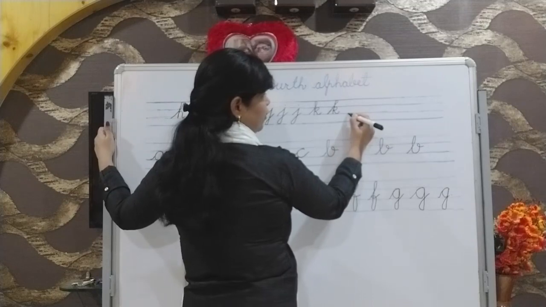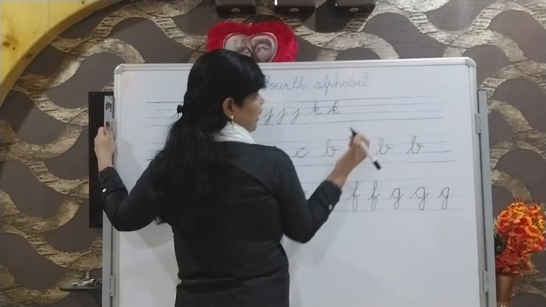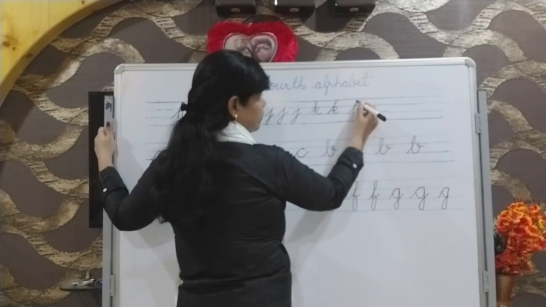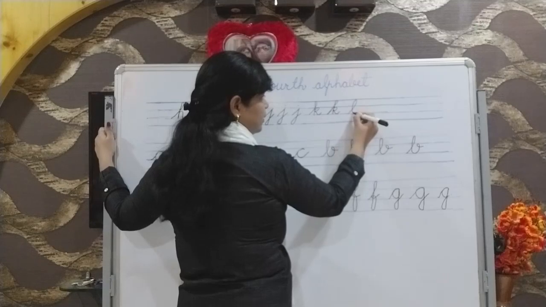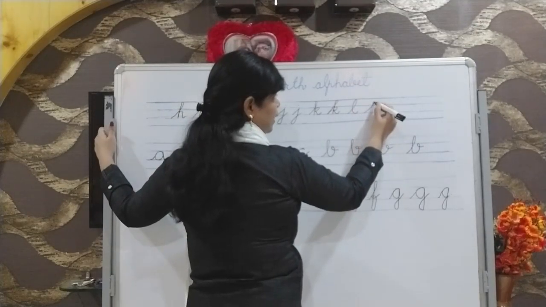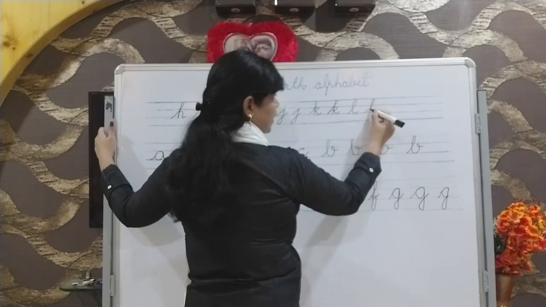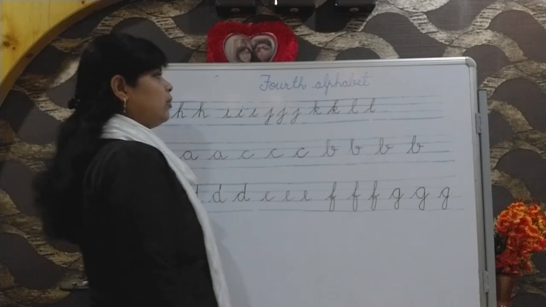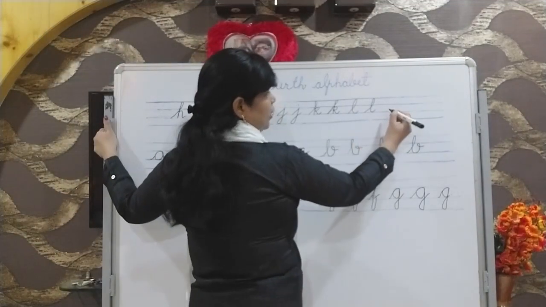Okay, now L we have to make. How we made B, in that manner we will write L. Slanting line, we will move back and L. Here L, F. These letters you have to take care of, because if we learn the wrong way, then our writing will collapse. M and N you have to see.